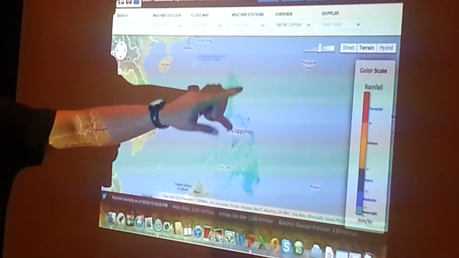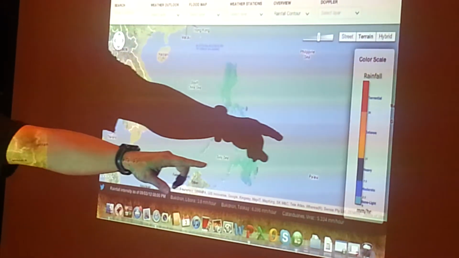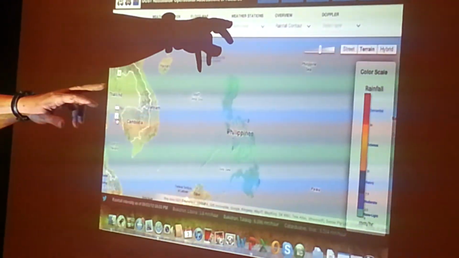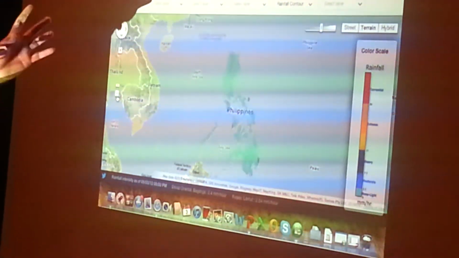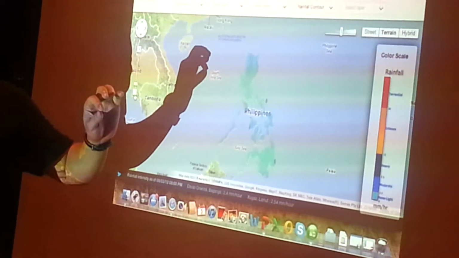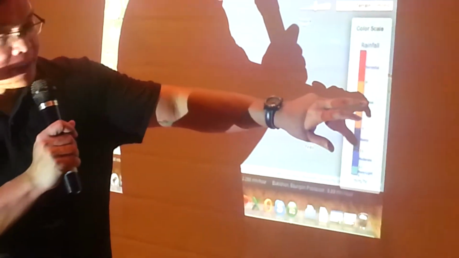So, makikita natin na, alright, it's light blue. That means it's non-light type of rain. When it becomes red, magkakaroon ng mga contours dyan na red, ay yun yung torrential type of rain. You might be wondering what this means. There's light, moderate, there's heavy, there's intense, and torrential. In layman's terms, it's so difficult to translate this in layman's terms. But we thought of one way to do that.